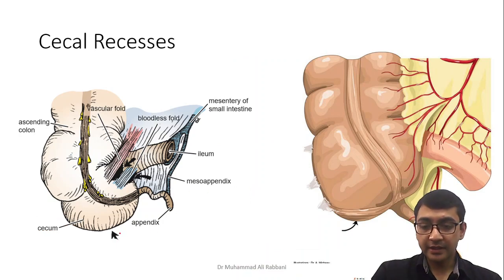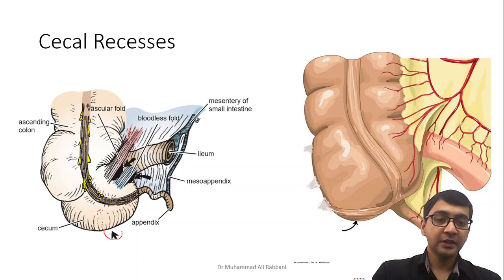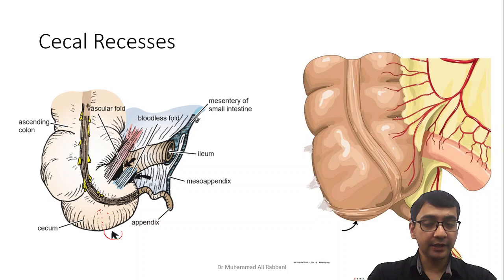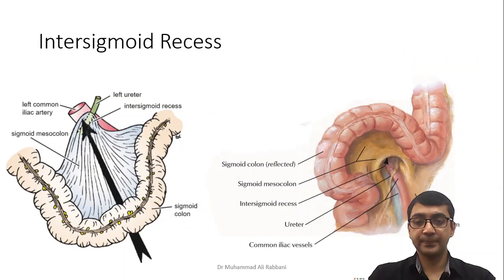One, the part that is behind the cecum, this one is known as retrocecal. There are 2 folds of the cecum peritoneum that are going to the cecum. We will go into detail when we discuss the intestine itself. There is this one vascular fold containing the blood vessel, this one avascular fold, and beneath the folds are spaces that are going beneath the folds, that is superior ileocecal recess, that is inferior ileocecal recess. We discussed 3: retrocecal, superior and inferior ileocecal recess.